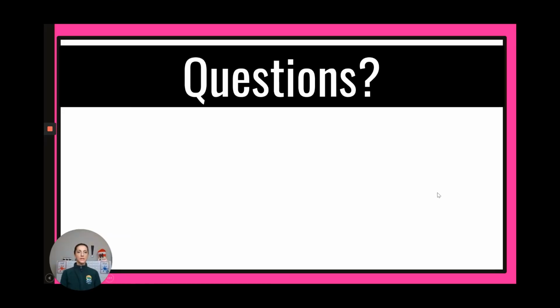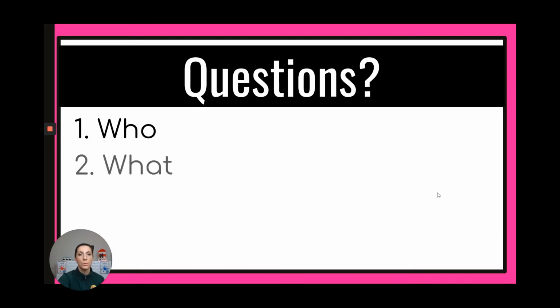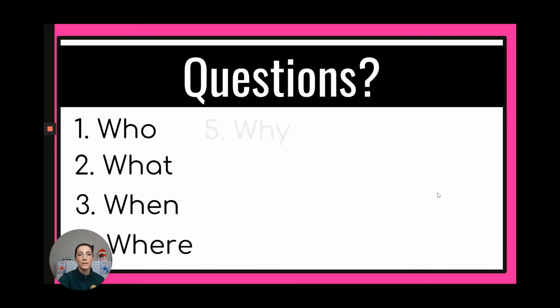All right, so we just heard about the 4 different types of sentences, right? We're going to look at questions a little bit further today. Questions always have a question mark at the end, and there are words that usually indicate that it is a question in the beginning of the question. Let's look at a few of those. First we have who. We have all the W words, right? Who, what, when, where, why, how.